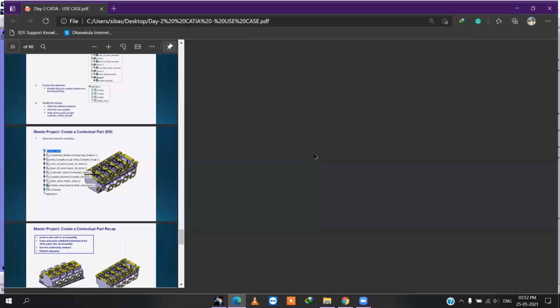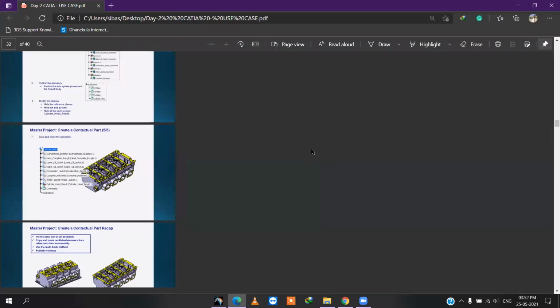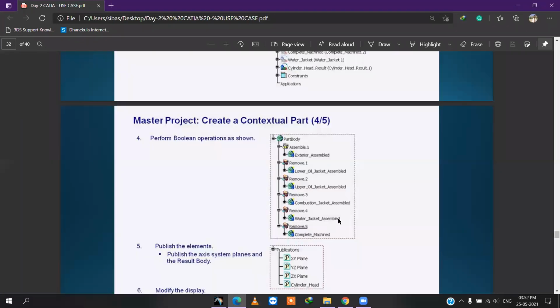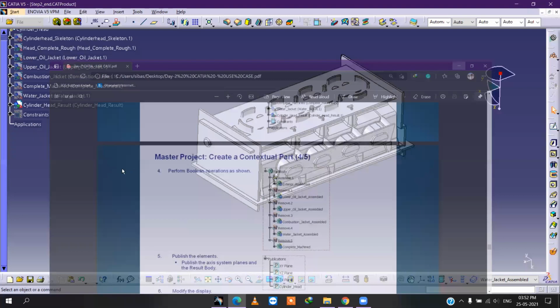First, we have to assemble. After that, we have to remove. Okay.